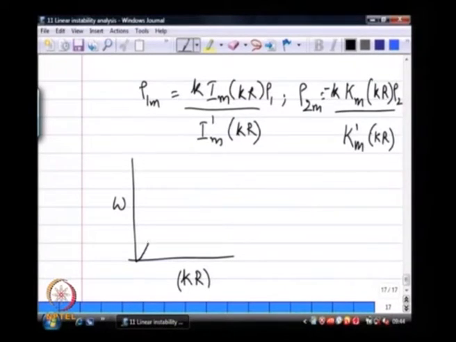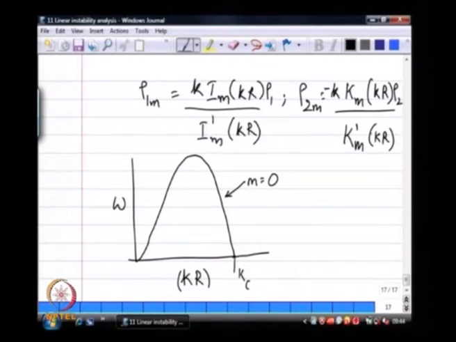In general you will find the characteristic value omega as a function of k r takes on a graph that looks like this. So, this end here is a k cutoff,